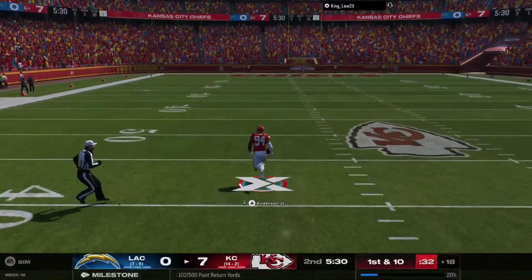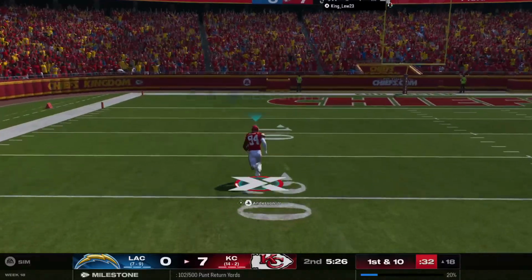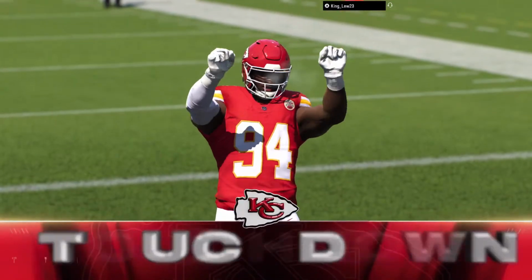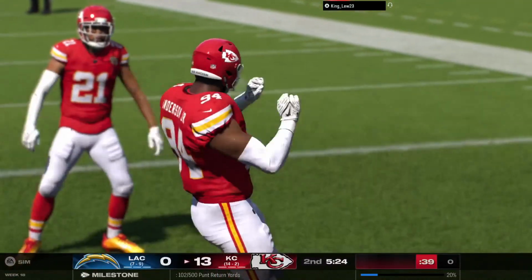That's intercepted. He's at midfield. The 30. He's at the 10. And he makes the Mets go. It's a touchdown on the pick 6. That play, Brock, that play was...